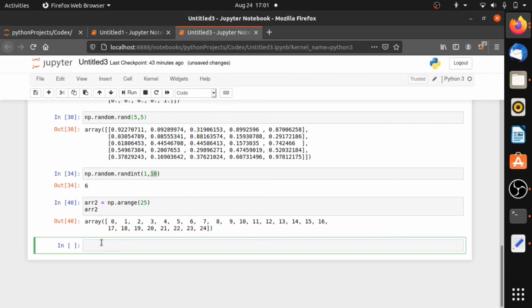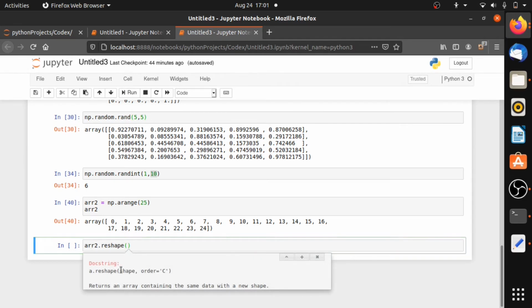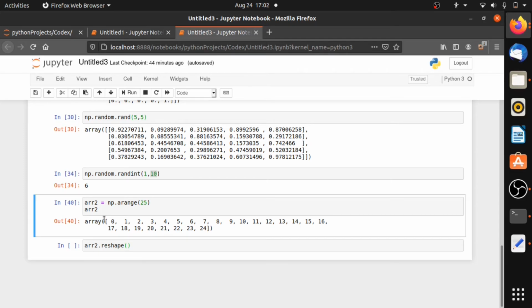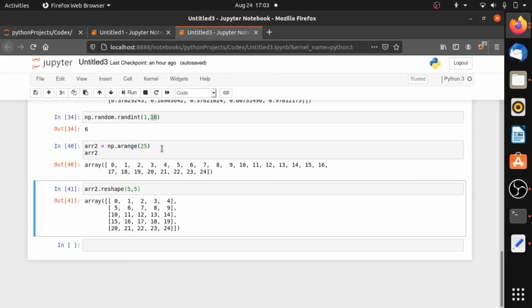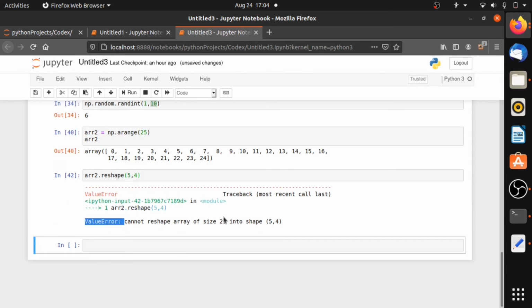Now let's use the reshape function, that is variable name dot reshape, and let's see what we need to enter here as attributes. The first attribute is shape and the second attribute is order. The reshape function will reshape the 1D NumPy array into a 2D NumPy array. Here we have 25 values. Now let's create a 2D NumPy array or 2D matrix, that is 5,5. See here, with the reshape function we created a 2D matrix from this 1D matrix. Keep in mind that we have to fill up the matrix completely or it will generate an error. See an example, 5,4. See, we have created an error: cannot reshape array of size 25 into shape (5,4).